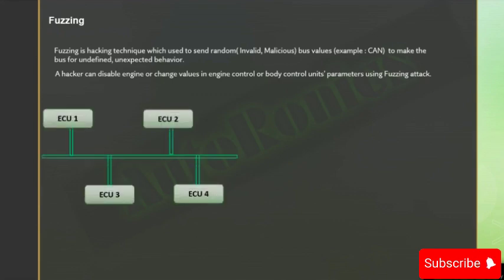Let us say in a vehicle there are 4 different ECUs connected to the bus. Basically, let's take CAN, which is the easiest and simplest way to understand. And let's say ECU1 is the publisher of arbitration ID 002. It could be any message. The subscribers of this message are ECU2 and ECU4, let's say.